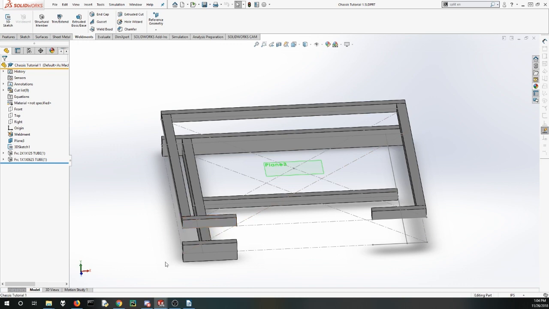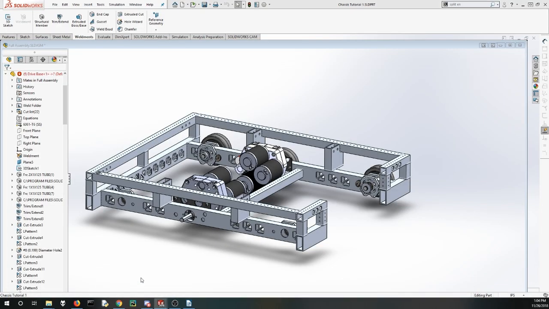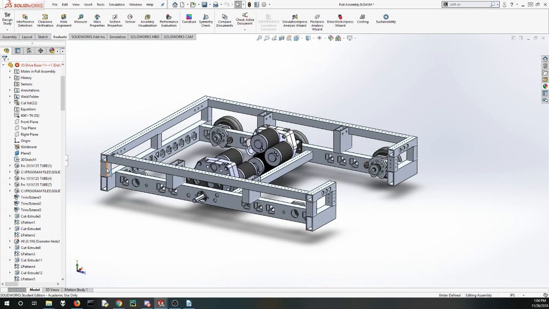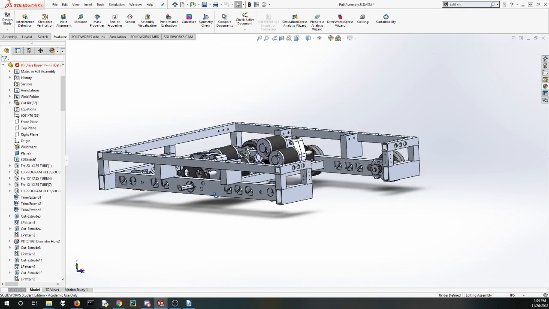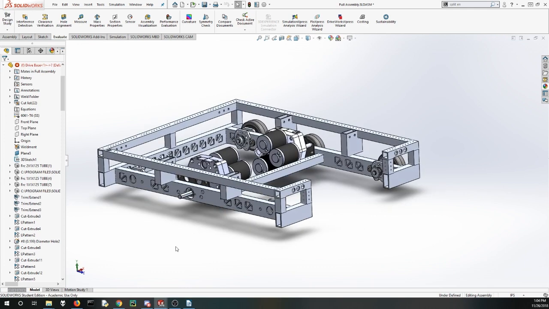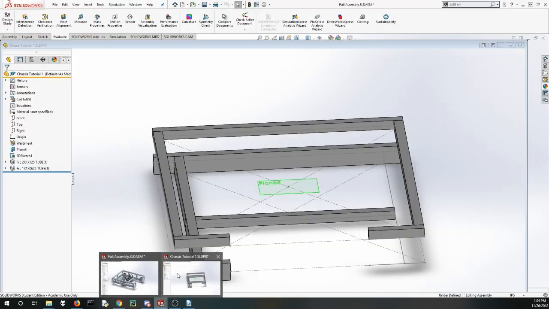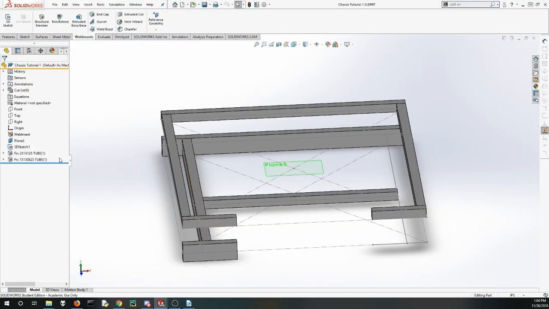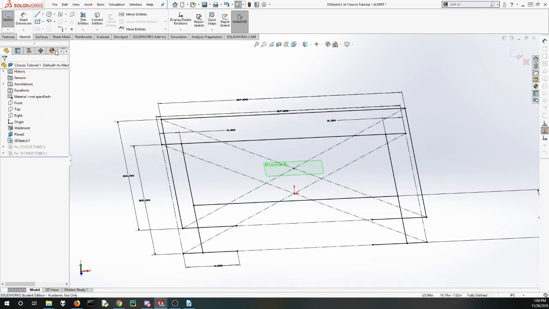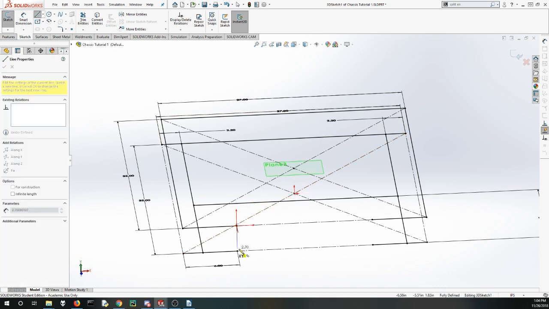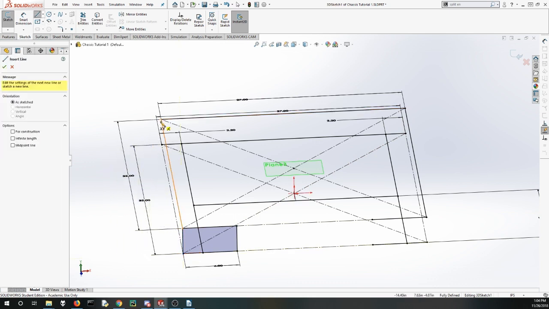So the next thing is I'm going to add in the risers into the sketch and then create those using the weldment tool. So coming back to here, I go back to the 3D sketch, edit that, and then for all of these corner risers, I can just draw a line